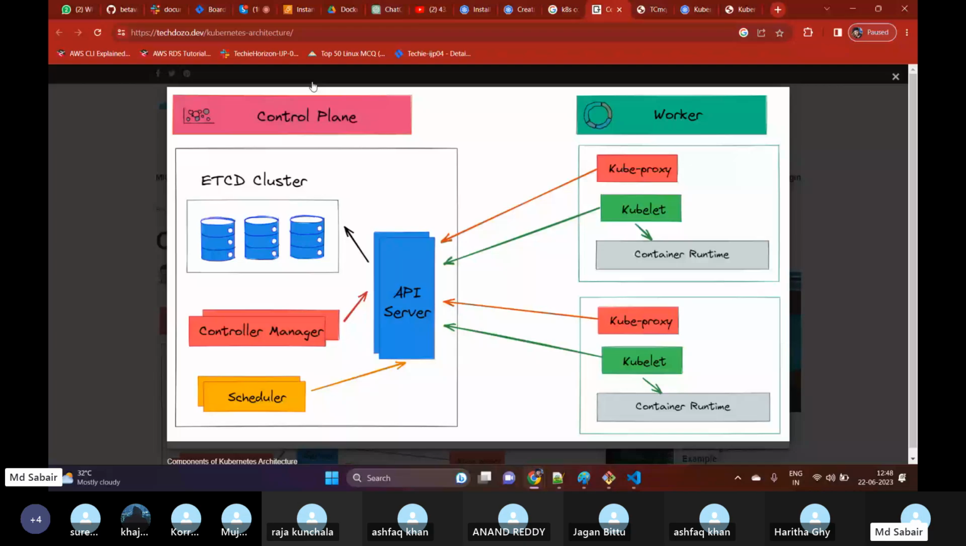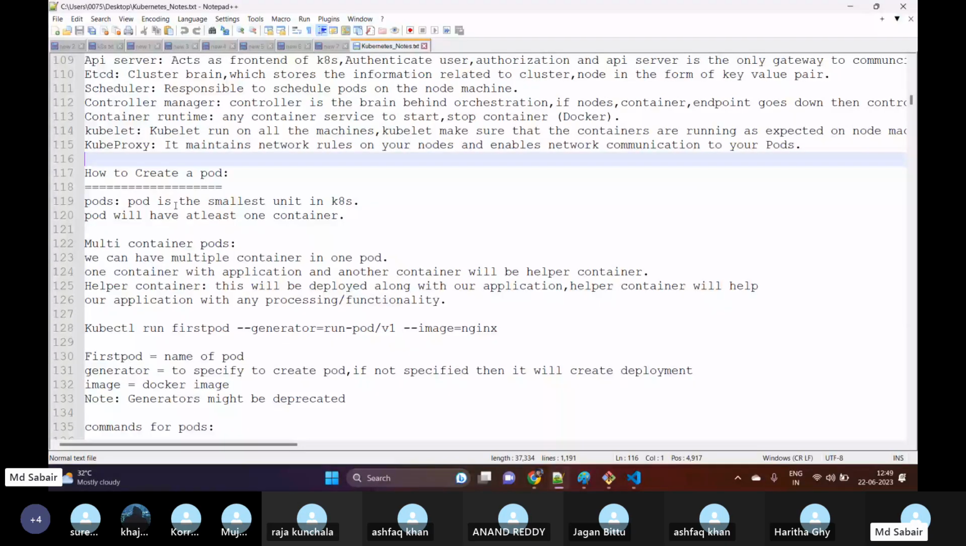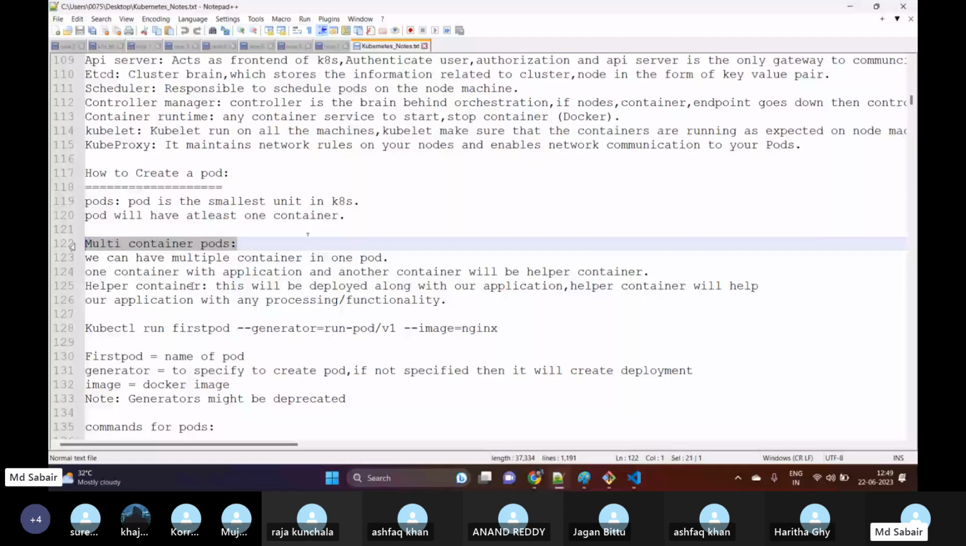Okay, let me move ahead with how to create a pod. As I have already discussed, a pod is the smallest unit in Kubernetes. A pod will have at least one container, meaning the minimum requirement for a pod is one container. In general, we can have multi-container pods as well. We can have multiple containers in one pod, one container with the application and another container will be our